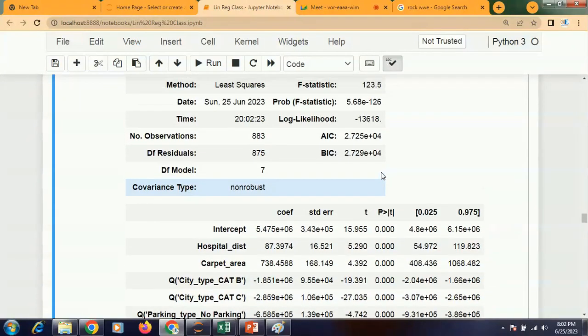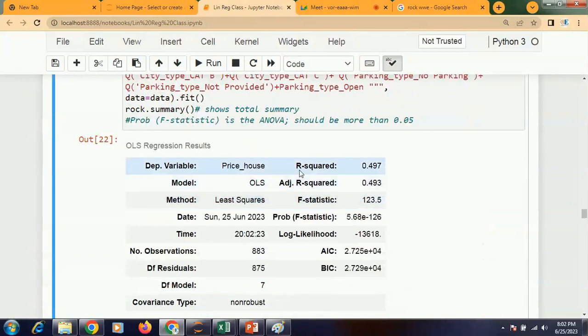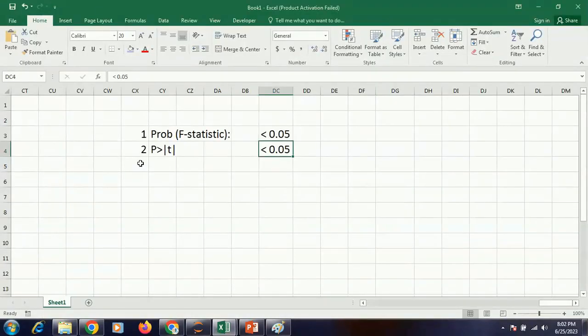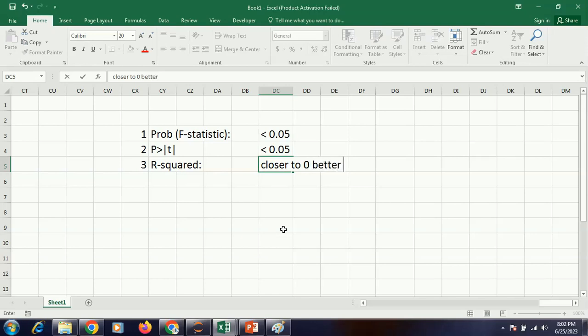The next thing we are going to check over here is the r squared. The next one is the r square. R square closer to 0, better the model.